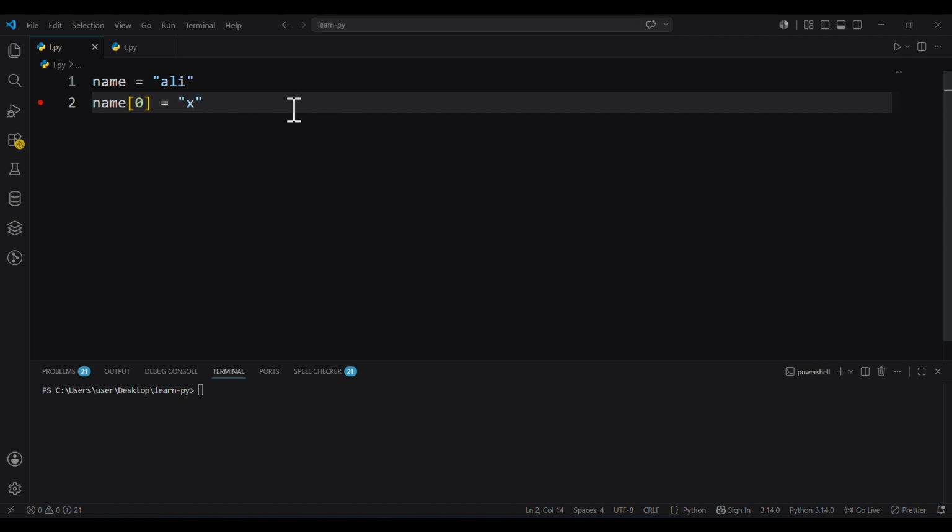Now I have an error. If I run this code, python l.py, enter, error, because the string data type is immutable. Immutable means we cannot change it. So